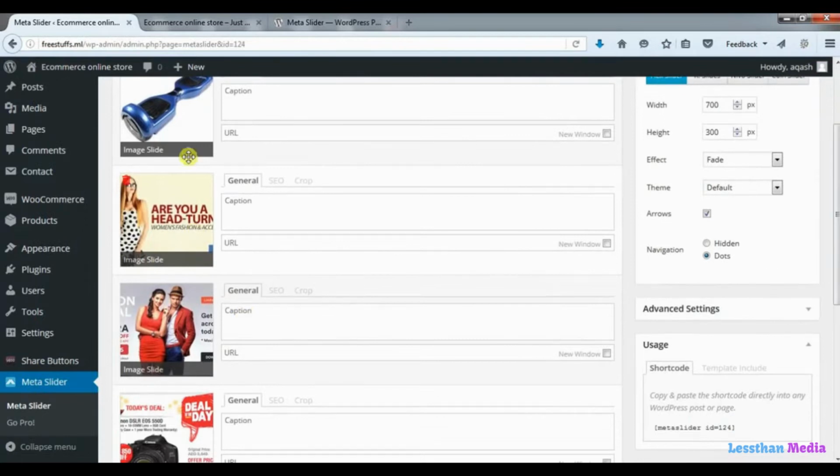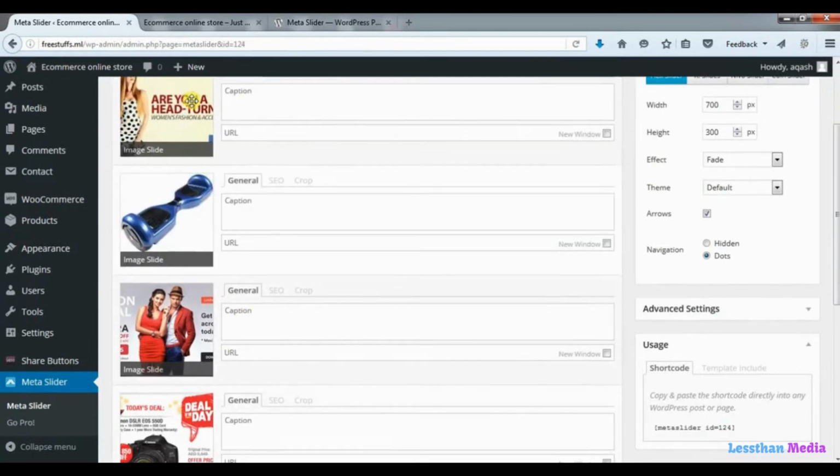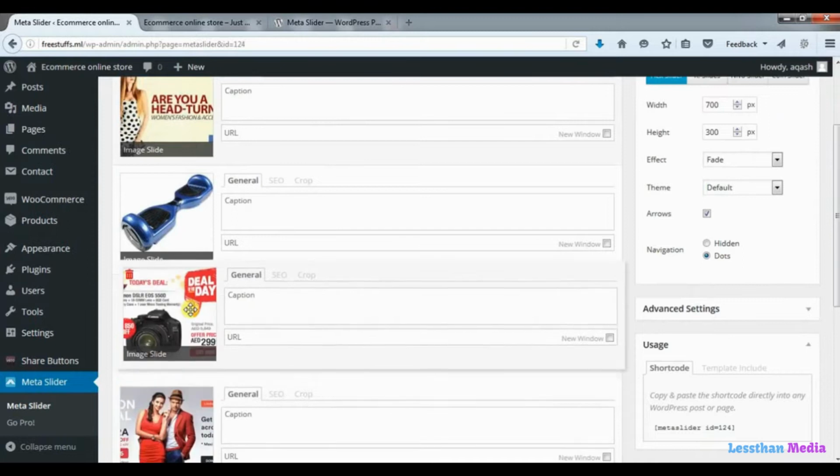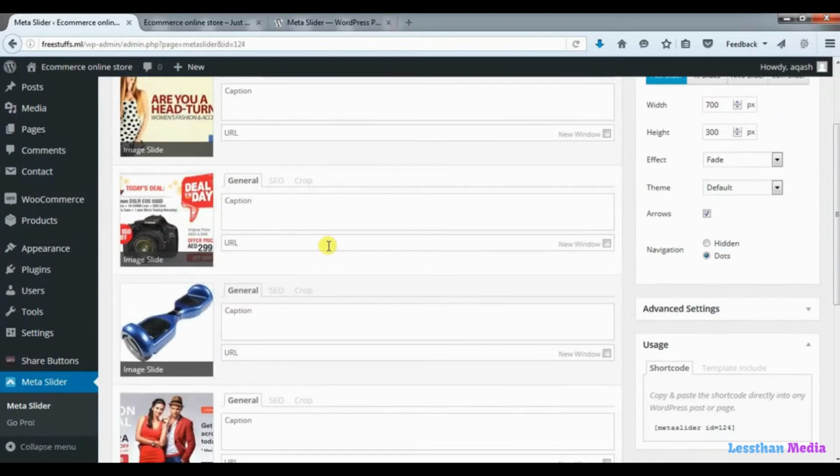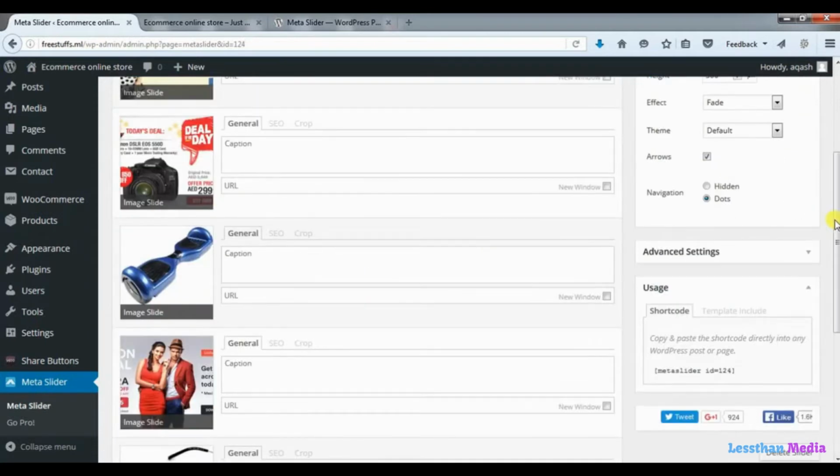You can drag them and drop on the other one if you want to arrange them in an order. So you can do that in this way. And if you want to delete an image from the slider, hover over the image and here you will see an icon for deleting an image. So if you click on this icon, this image will be deleted from the slider. And then from the right side,